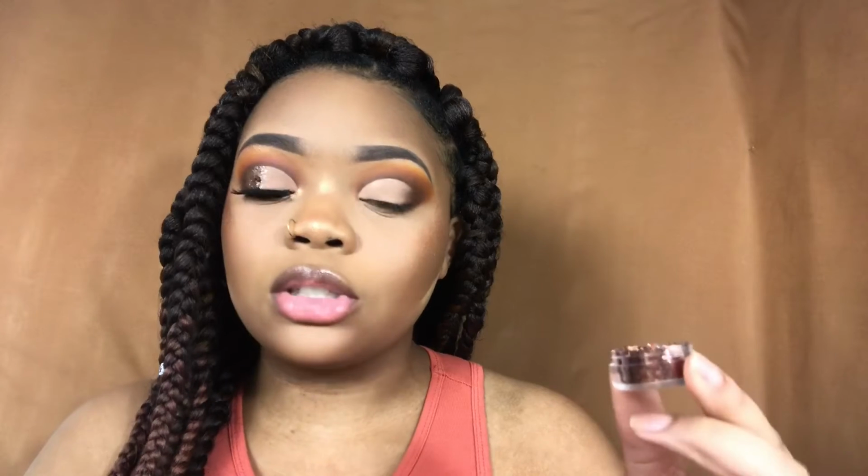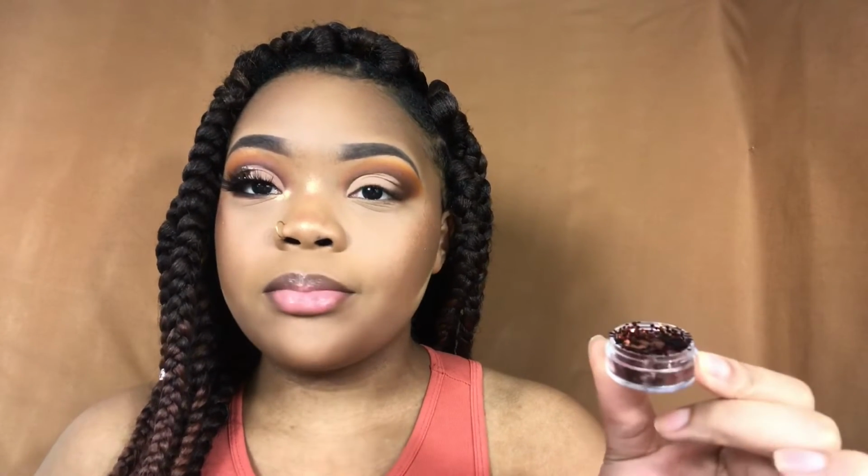I'm sorry if you can hear the heat in the background, but for chunky glitter, I'm gonna take this gorgeous chunky glitter. I can't really show y'all because I literally just poured it all over my desk, but this gorgeous glitter by,